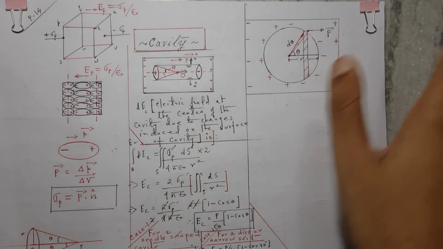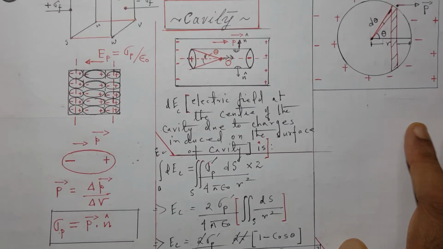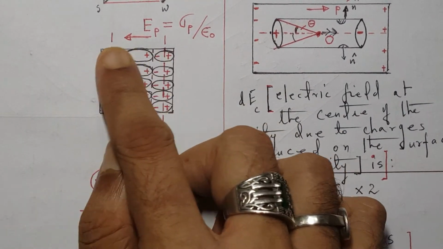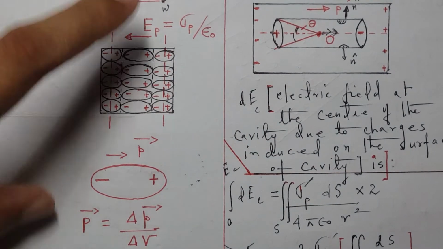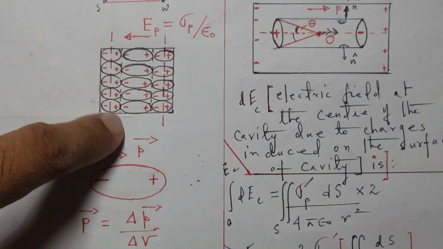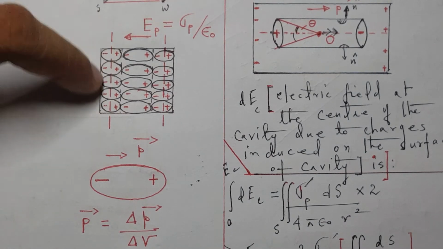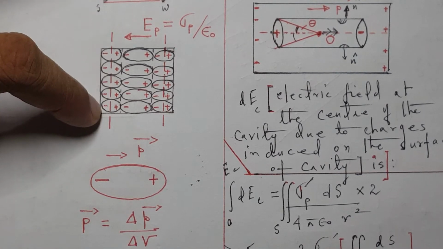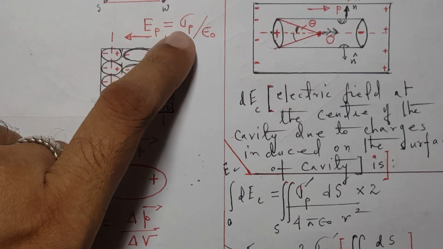Okay. So what happens due to polarization of the dielectric? As you can see in this diagram, these electric dipoles have their charges segregated from each other. So the positive charge and the negative charge nullify each other's effect. But at the ends, there is no one to nullify this particular negative charge's effect. So this negative charge and the positive charge here create an electric field within the dielectric, which is EP, and it is sigma P by epsilon naught.